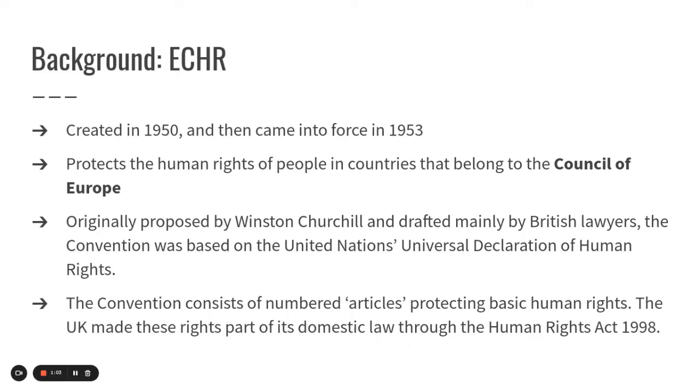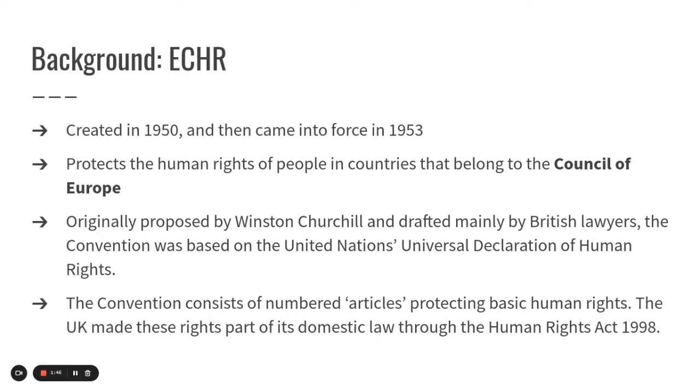This is a really interesting point to note because if you're doing an essay on the British Bill of Rights and you're talking about possibly moving away from the Convention, some politicians want to move away, some people want to stay. Theresa May, for example, did say at one point that she wanted to move away from the European Convention because she wanted this British law, this British Bill of Rights. You could actually argue that the European Convention is based on British values because it was written by British lawyers, proposed by Winston Churchill, a very famous British Prime Minister. So that's an interesting point to note there.